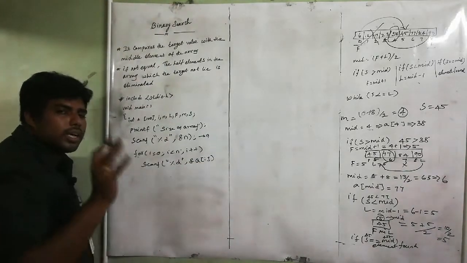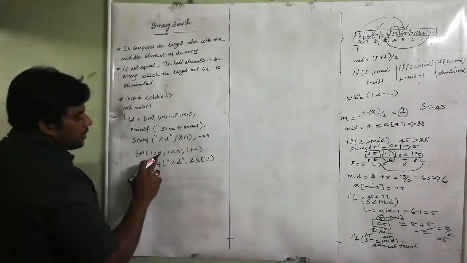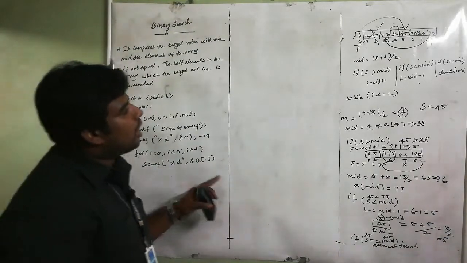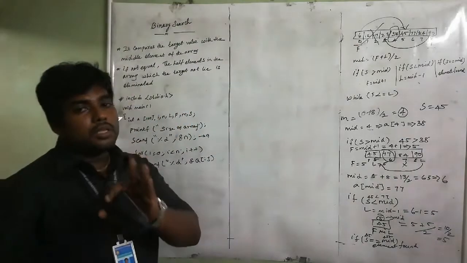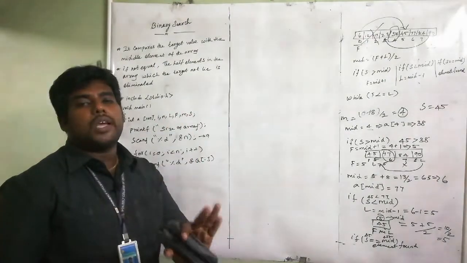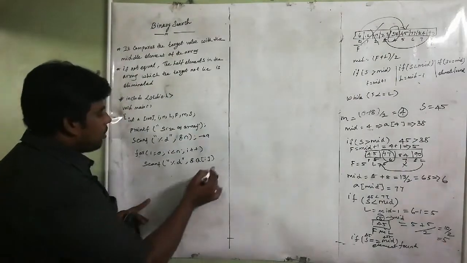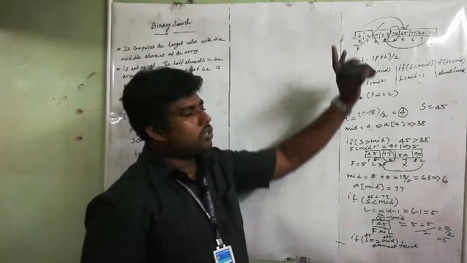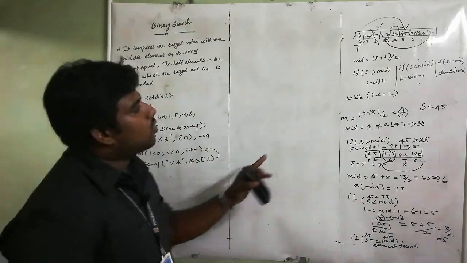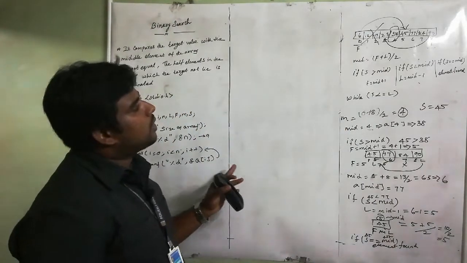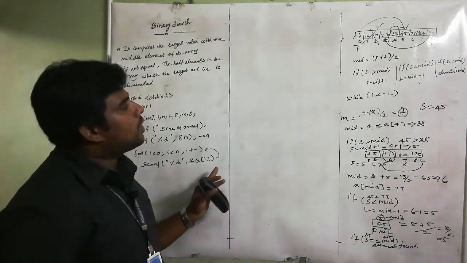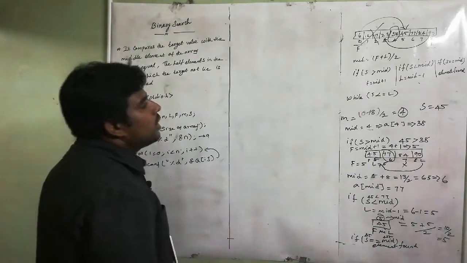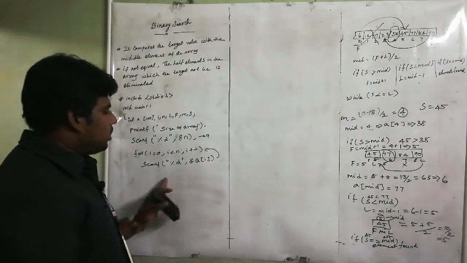Till this, all the array programs are the same. So initially, what's the i value? 0. So you are getting the input integer value for a of 0. a of 0 is 6. Please remember, always give the inputs in ascending order. Then after completing this, i plus plus. So now i equals 1, a of 1 you are giving 12. Again i plus plus, a of 2 you are giving 17. Again i plus plus, a of 3 you are giving 23. Like that you completed these elements. So this is your array: 6, 12, 17, 23, 38, 45, 77, 84, 90.